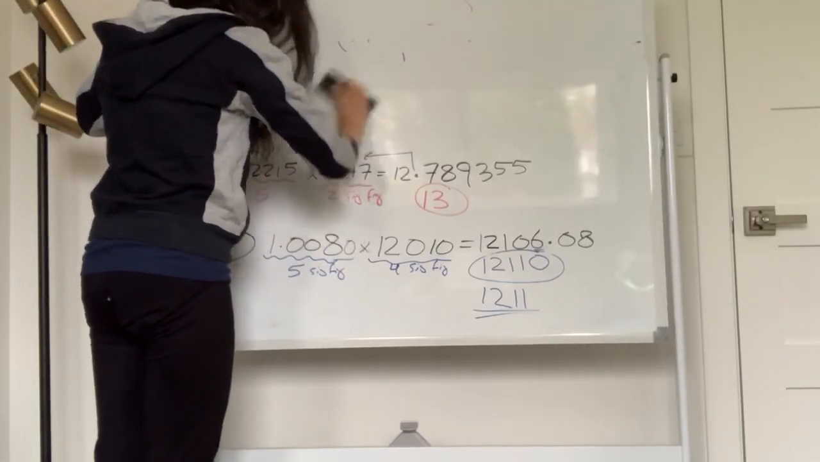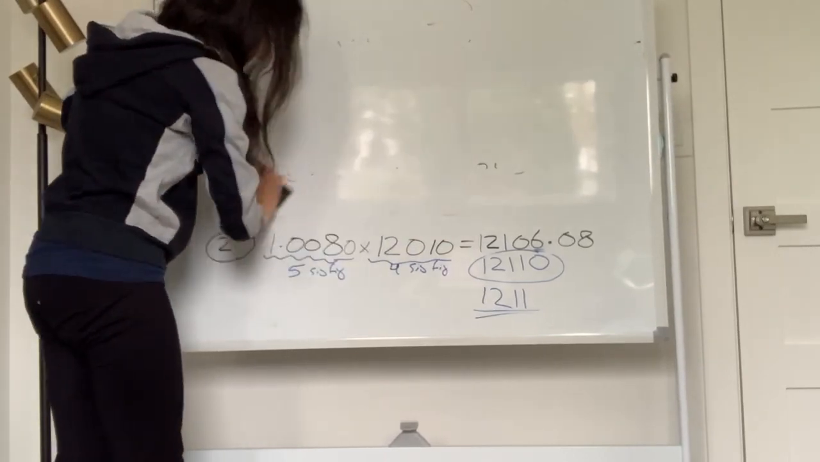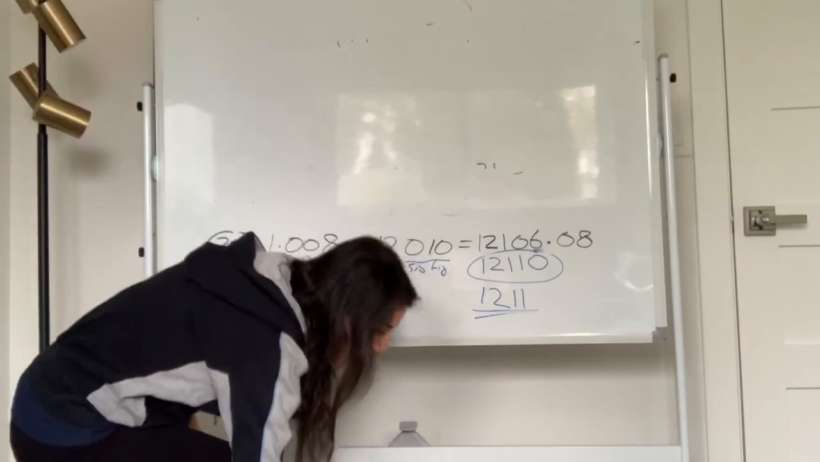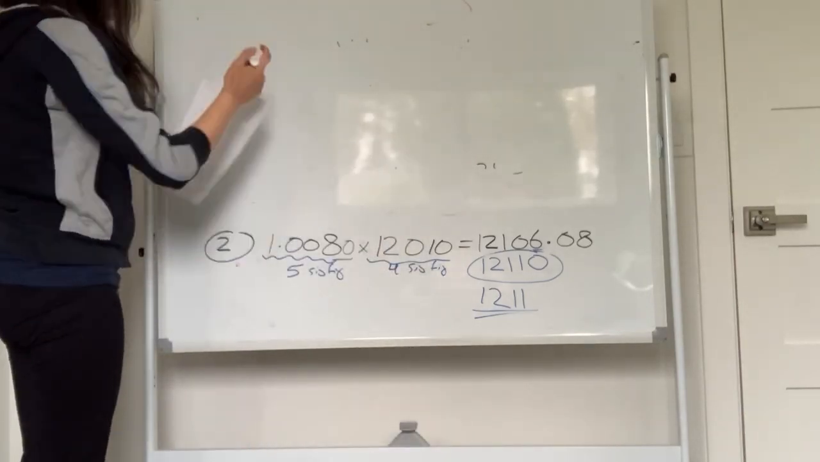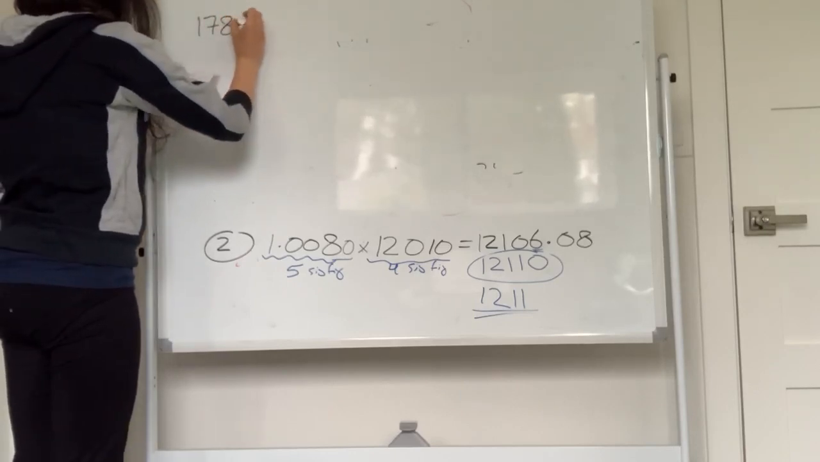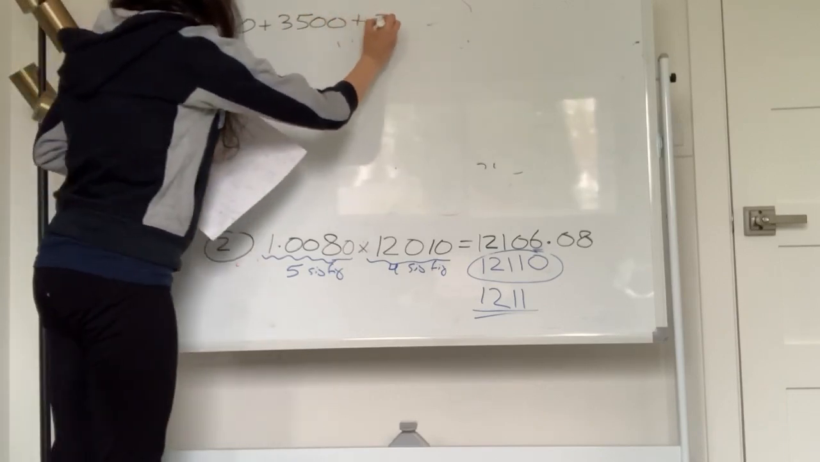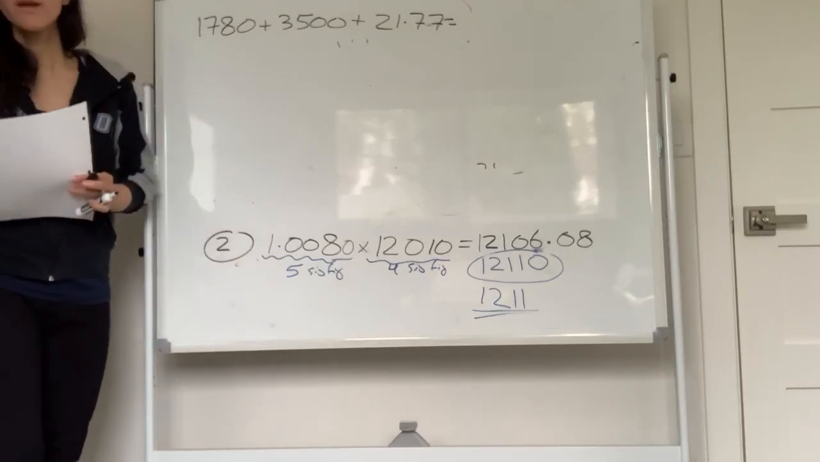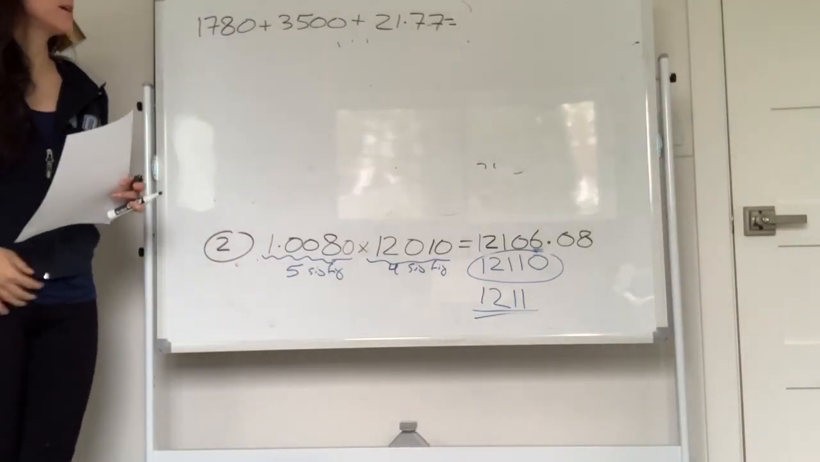Ready for the last one? And the last one was the hardest one. That's what I gave last. So our last take-home problem was this. Ready for the last one? For the last one, I gave you an addition. It was 1780 plus 3500 plus 21.77. Okay, what I told you was that every time you have addition or subtraction, the way to do it,